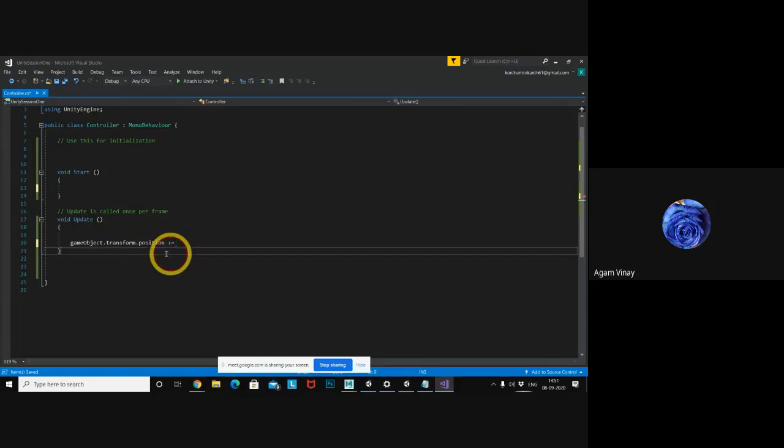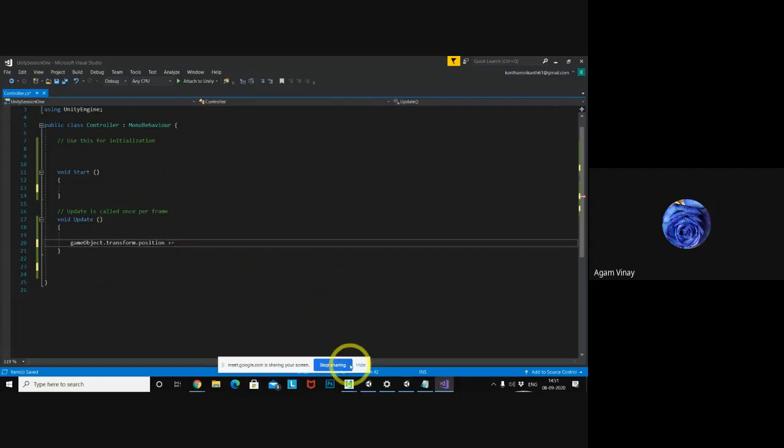Increment, decrement, you know, right? Post increment, pre increment are there. These are the basics of operators, right? So every time I am adding on the right side, whatever value you give, it will automatically be added to the position.